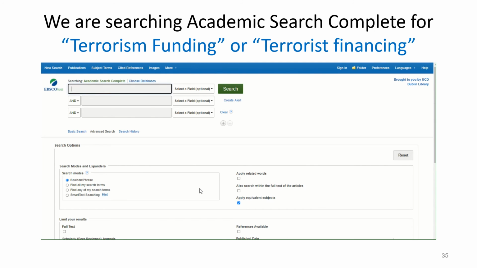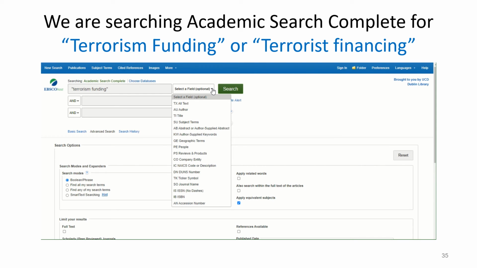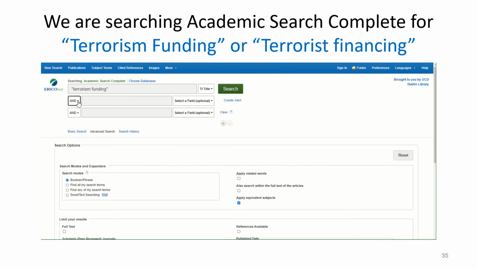So this will bring you into the advanced search form for the database, and you can search here using the same kind of techniques we've been using in the other database. So again, I'm going to use the phrase search and do "terrorism funding" and close my inverted commas, and that will ask the database to look for those two words where they appear together. And I'm going to search within the title area here, and then I'm going to combine that with the Boolean operator OR, and I'm going to do a different phrase here. So I'm going to search for